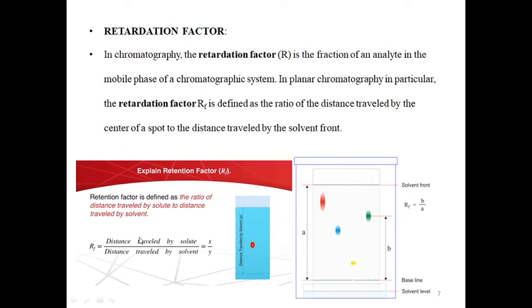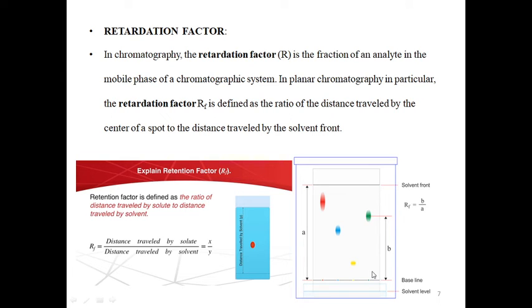Now let us understand the retardation factor in more detail. This is also called the retention factor. It is defined as the ratio of the distance travelled by the solute to the distance travelled by the solvent. Now let us consider that there is a plate like this. This is a silica gel plate. In this particular example, I am considering thin layer chromatography. There is a baseline that is provided. There is a solvent level and we have put the mixture. Now this mixture will be completely separated into different components. There will be a solvent front.